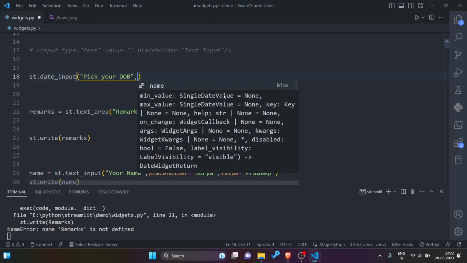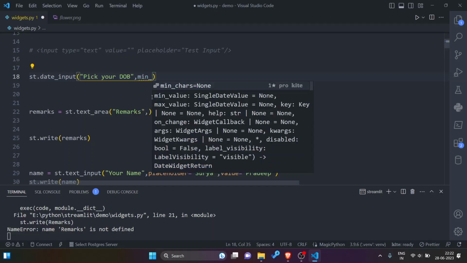Minimum value, single date value, maximum value, single date value, on change, a function, arguments of this function, label visibility, etc. So all those things are pretty much the same as earlier input widgets. So let us just see the example of min value and max value, which are readily used.